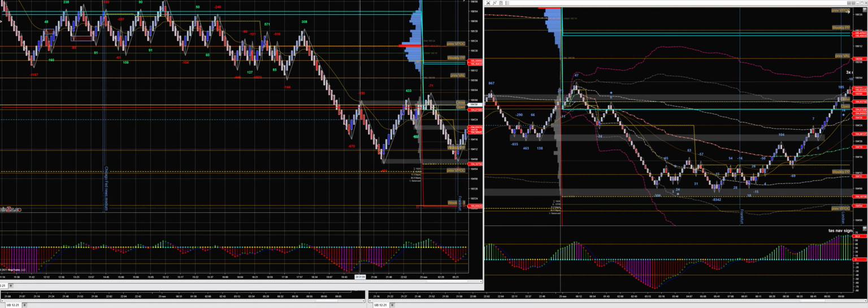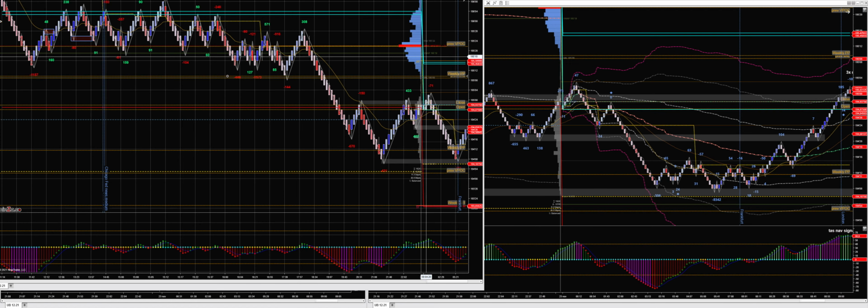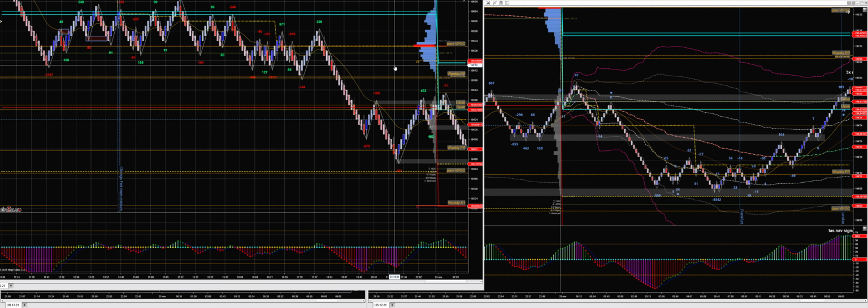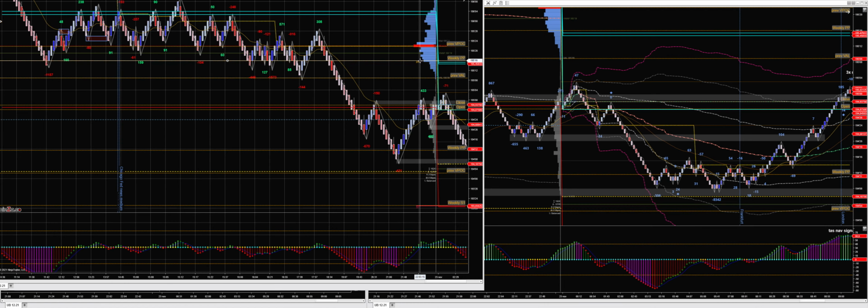So technically, we're not making new higher highs and higher lows. We are staying below this one. This is all good. And what do we see? What do we do? That's the whole question. What do we see? What do we do? Well,